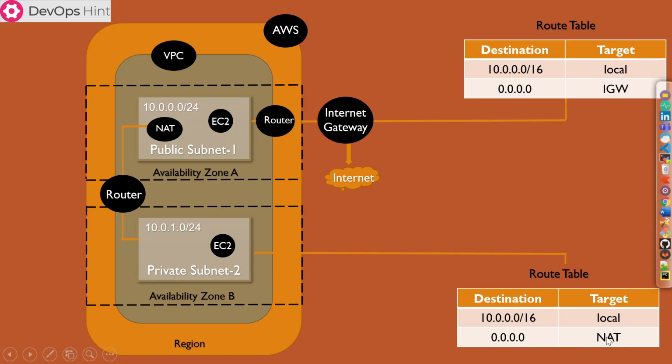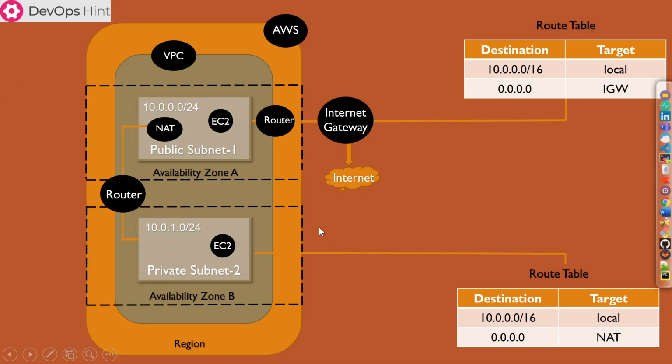Here you can see one route. So EC2 instances which are created in the private subnet will have a route to the NAT which is created in the public subnet, and via this NAT, then the internet gateway, it will get the internet access. So two route tables, one for public and one for private. The public one has a route to the internet gateway and the private one has a route to the NAT gateway. So we will create these resources, this VPC and this model, using Terraform.